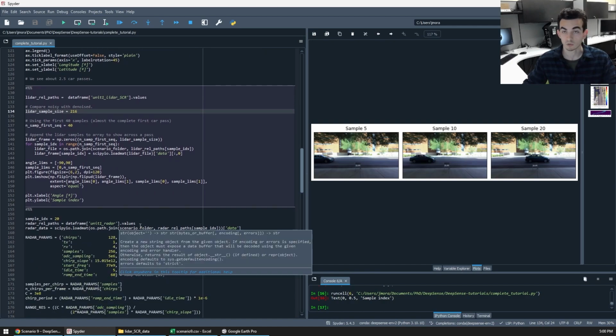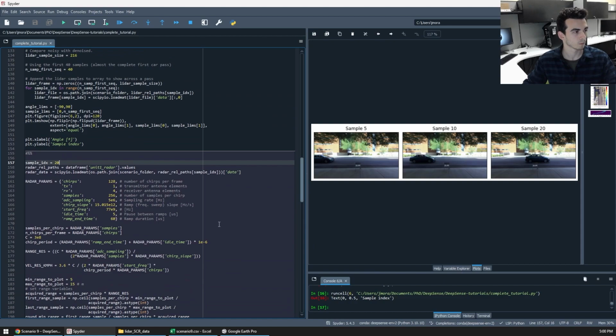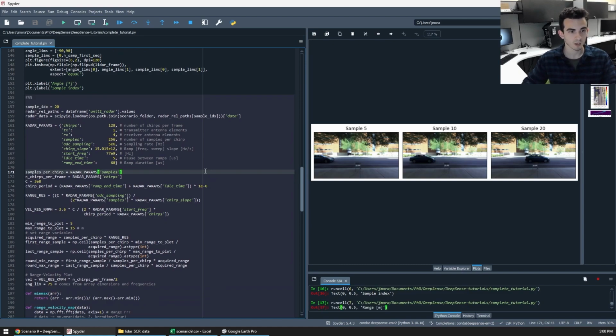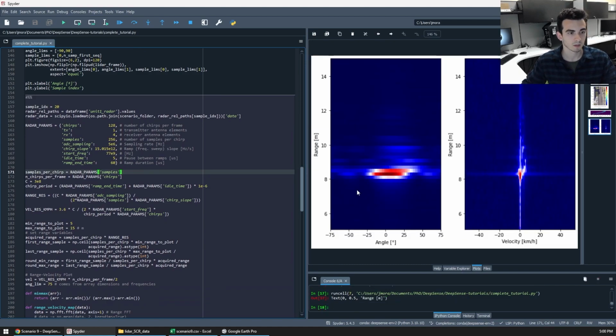Now let's do the radar next. The radar, we're going to plot only 1 sample, in this case sample 20 as well, and we run the code, and we got the range angle and range velocity maps. And in this range angle, although we don't have a lot of angle resolution because our number of antennas is limited, we can still see that the